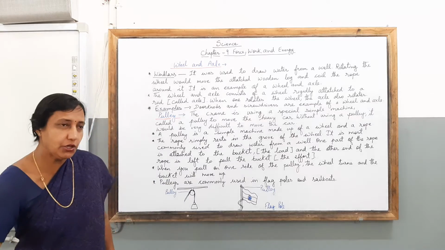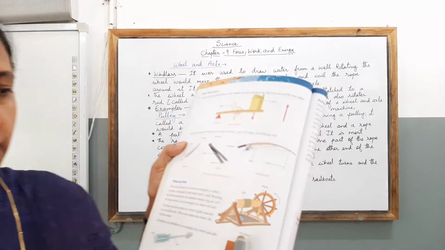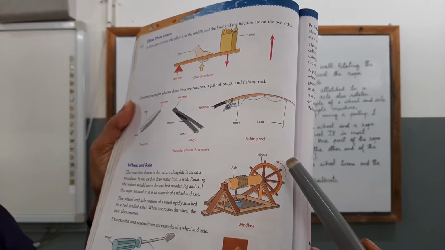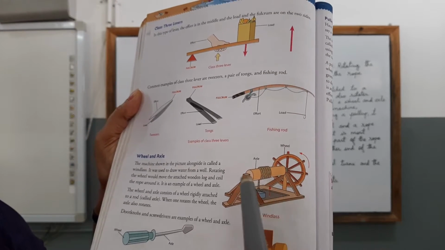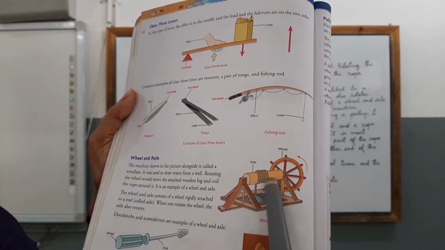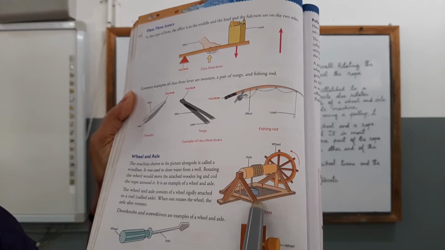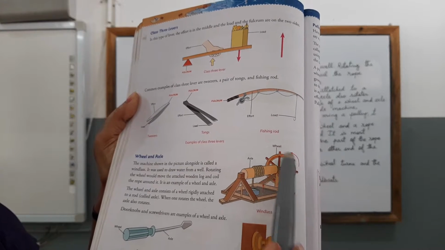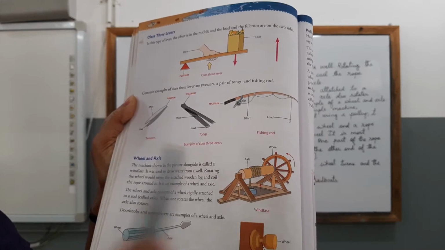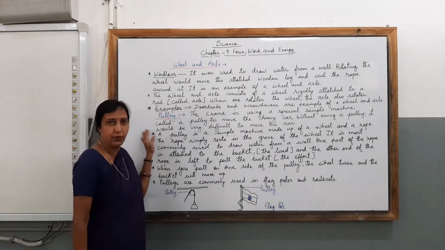So here you can see, children, in your own textbook, it has been given that the machine like windlass. You can see there is a wheel out here, then there is an axle being used. Clear, children? You can call this an axle, it is like a rod. This is how the water is drawn from below, and with the rotation of the wheel, the water is coming up with the help of a wheel and axle. Can you see, children?